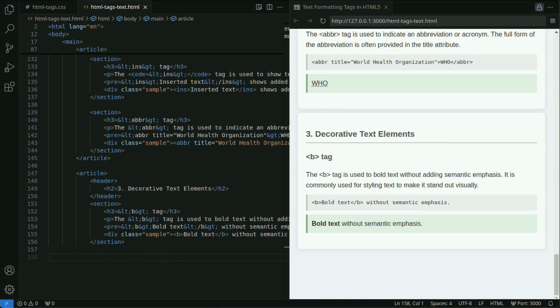Next, let's look at the tags used for text decoration. The previously introduced strong tag also decorates text, but the tags we'll cover next do not carry semantic meaning. We will explain the B, I, U, small, s, sub, and sup tags in order. The B tag is an inline element used to bold text. Like the other tags we'll introduce, it is used for visual emphasis but not for semantic emphasis.